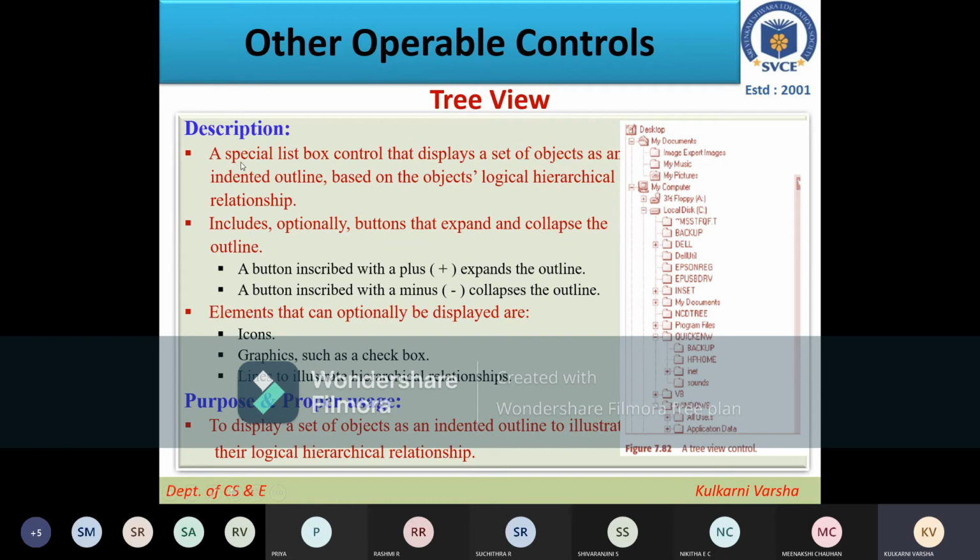But basically a tree view is nothing but a list box, a special list box control, because it displays a set of objects as an indented outline based on the objects' logical hierarchy relationship.